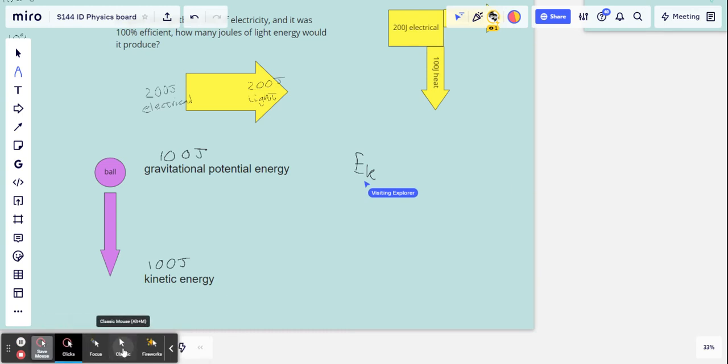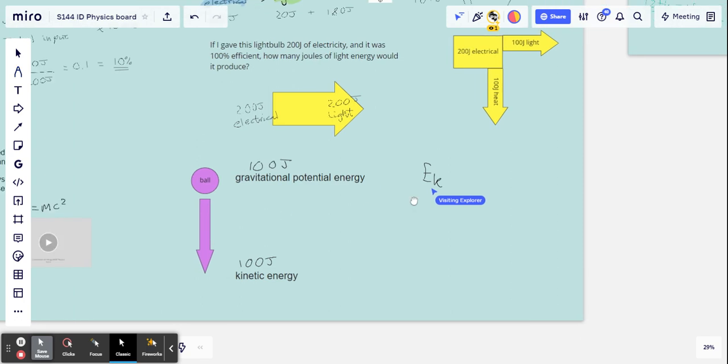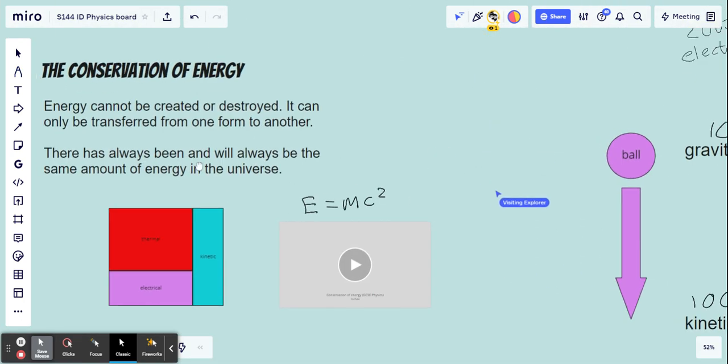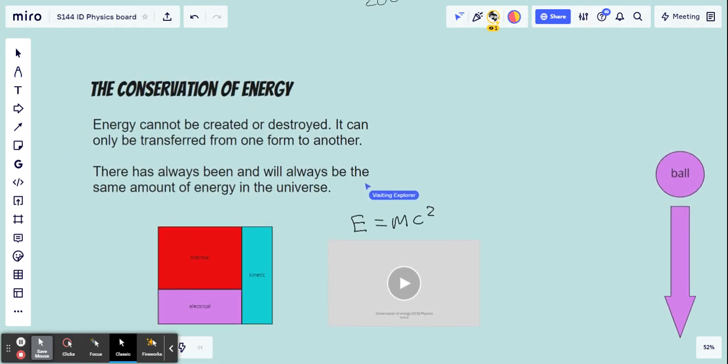All right, let's have a quick look at this. I'll include this bit here as well. So imagine a ball falling, with 100 joules of gravitational potential energy. The maximum kinetic energy is going to be 100 joules, because it's just converted one to the other. And as we said earlier on, when we looked at conservation of energy, energy cannot be created or destroyed, and so